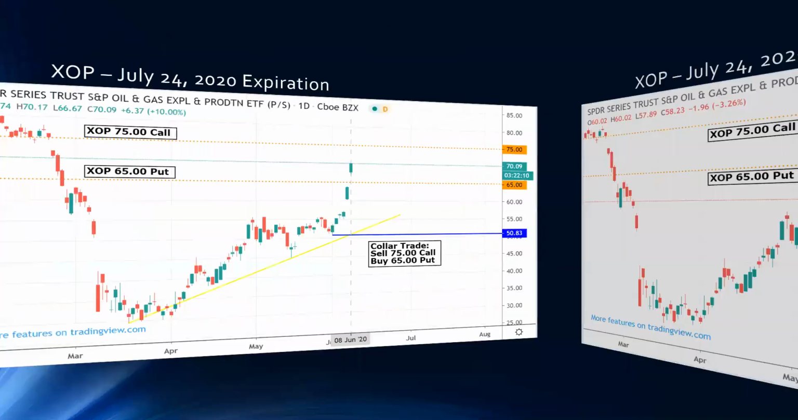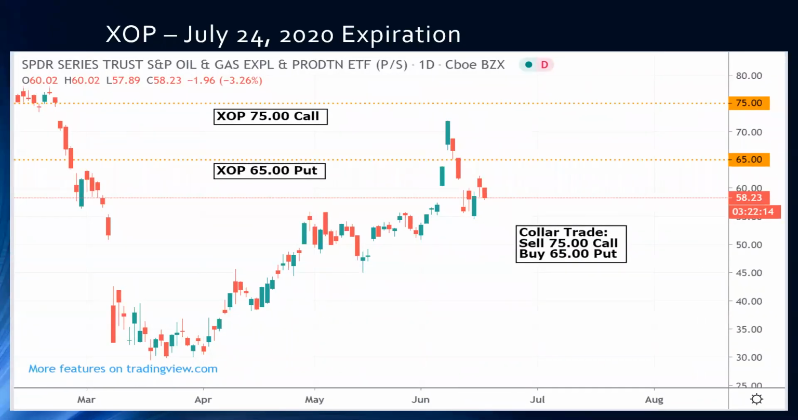Here's where the XOP was today. Look at this. The market tanked. So think about this. You would have sold your money. You would have made money on your $75 call, and also you bought the put, so you're up money on that. So you're still in the ETF had you exercised this trade and put this on, and you would be already up a really nice amount of money, and you still have...